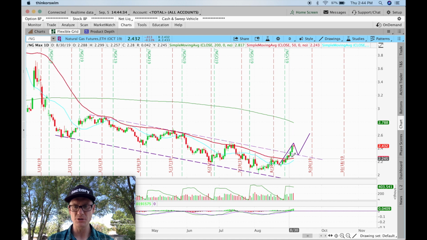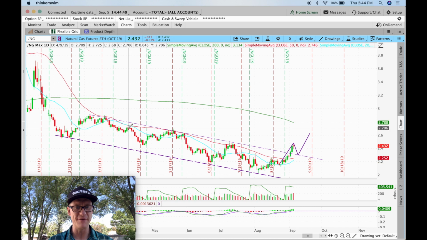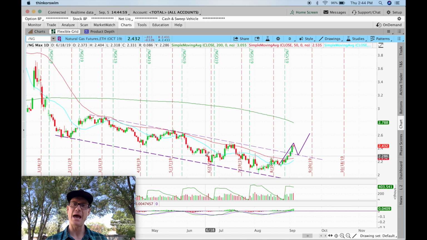You see my cursor, we had this push up, and then we paused right here in this red sort of doji candle. And the reason I found that significant was because not just the channel, but if you look at this red line, this is the 50 simple moving average. It's been moving down as well. But every time we touch that, we bounce away from it. We touched, we bounced away. We touched, we bounced away. That keeps happening over and over.